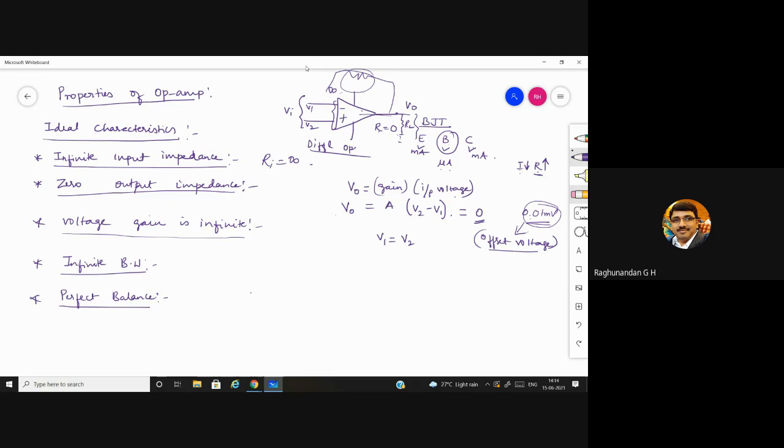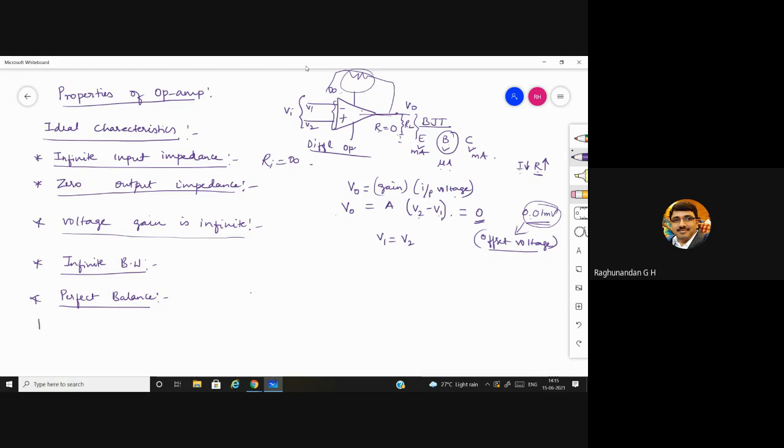Even though the display will be showing this is also 5 volt, this is also 5 volt, actually 4.9 something will be flowing in this, 5 point something or 5 will be flowing in this. But in the display it will be showing 5 only. So that is the mismatch that occurs inside the circuitry or at the terminal and so on. But ideally speaking, when equal voltages are applied to both the inputs of an ideal op amp, the output will be 0. So ideally speaking, it's having a perfect balance.